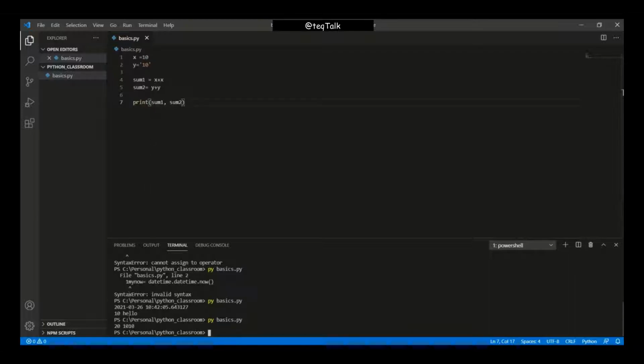And in sum 2 it is printed as 10 10. That means sum 2 is y plus y, so y's value is 10 but within quotes. So 10 plus 10, it is not printing as 20, it is printing as 10 10. That means it has not added the values of 10, it is just concatenating. This term is called concatenate, that it is adding 10 after 10, because this 10 within quotes is treated as a string type of your variable, and this 10 without quotes is treated as an integer or as a number